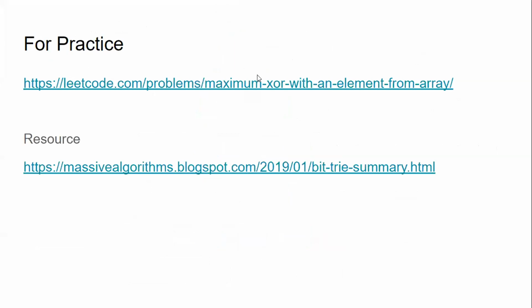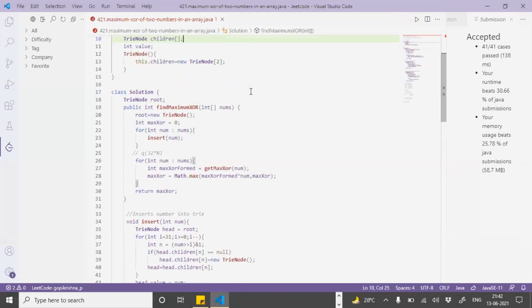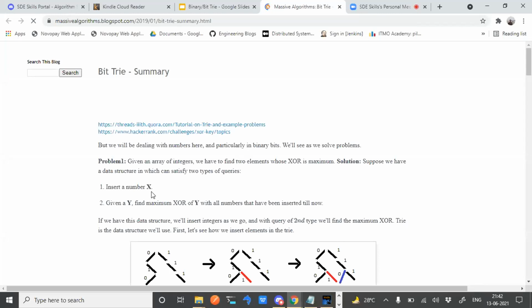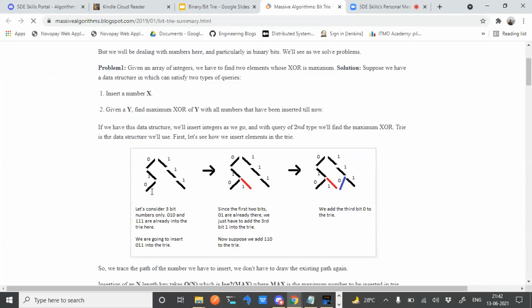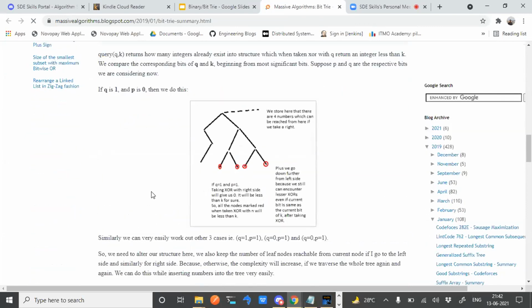Okay, so there is one more problem which uses the same concept. If anyone wants to try, they can try it. It is basically a binary implementation only. Prior to that, there will be some operations based on the quotient. So that's kind of an application of this trie. And there is a pretty good blog which has a set of problems which use the binary trie concept. If you'd like to go through it, you can go through this blog.